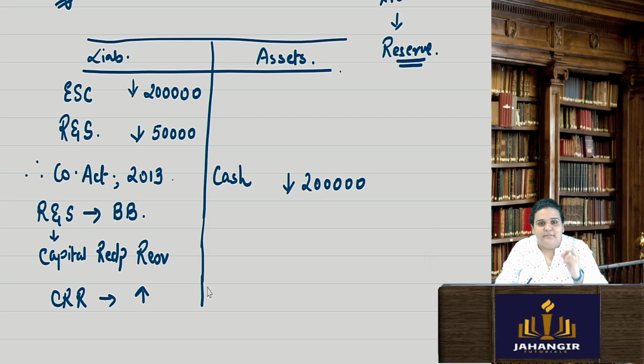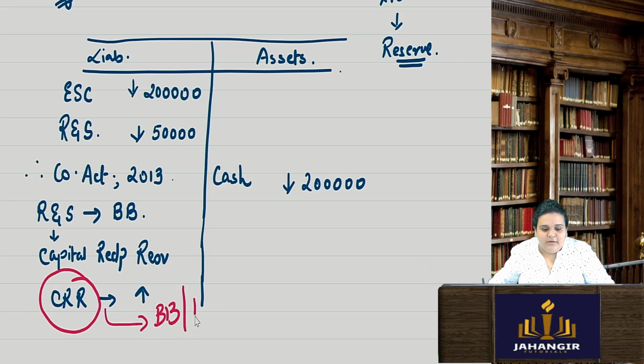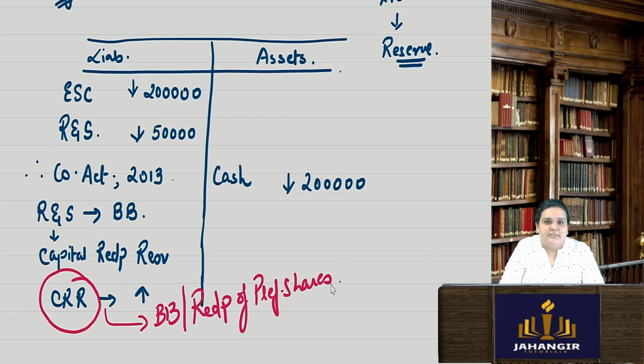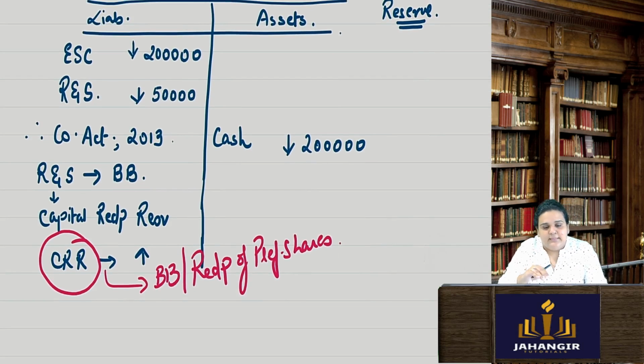The investors, the authorities, the regulators, they come to know, oh yes, CRR is existing in this balance sheet. That means the company has done buyback or they have done redemption of preference shares. Once you understand this chapter, redemption of preference shares is also the same thing. By looking at the balance sheet itself, you will come to know. It does not have any kind of money in it. It is just a notional account, like a COCA account, just to make the balance sheet tally.